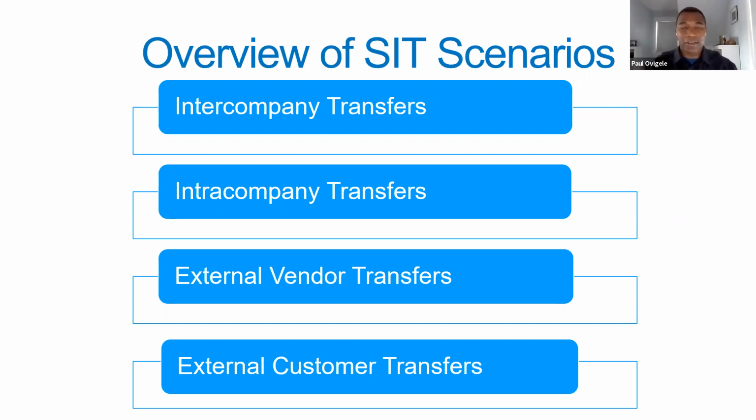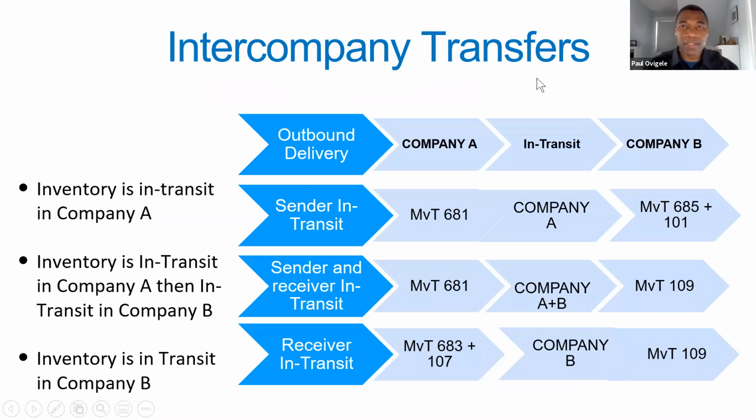So I think that kind of covers the major supply chain scenarios when it comes to SIT. It's either within your organization, different companies, it's within the same company, different plants, it's to an external vendor, it's to an external customer. Again, there's probably one or two others, but these are the main ones. So let's start with intercompany